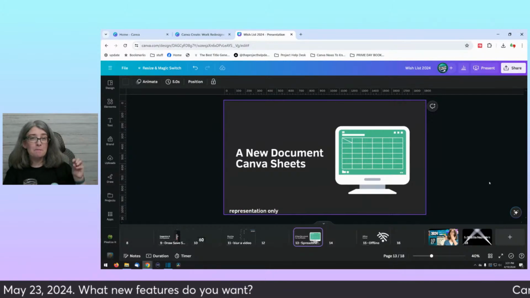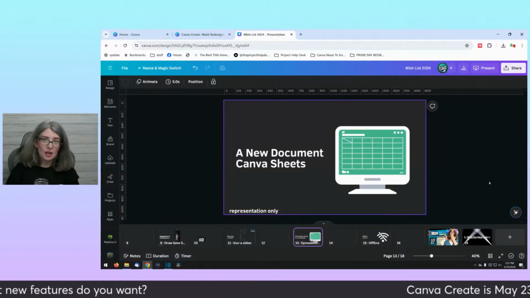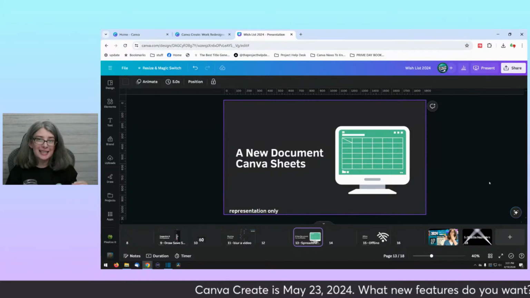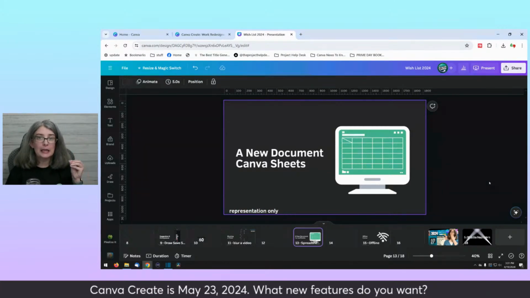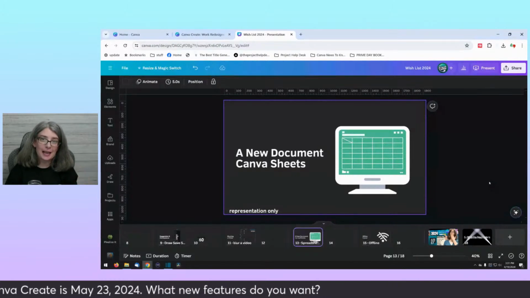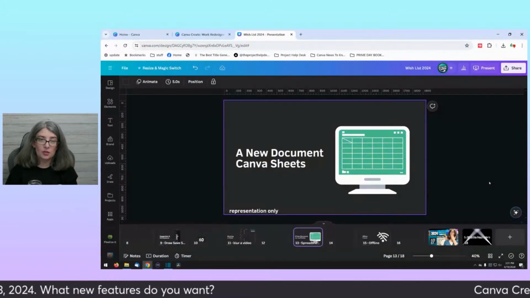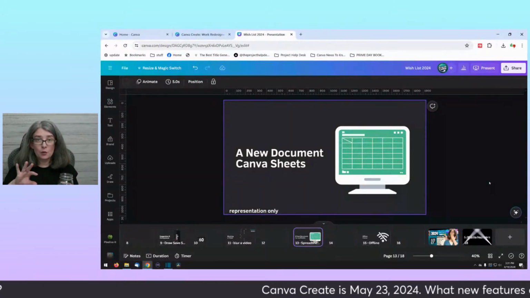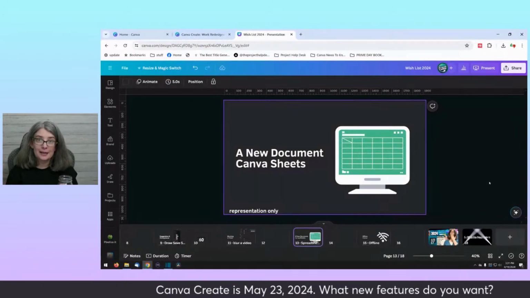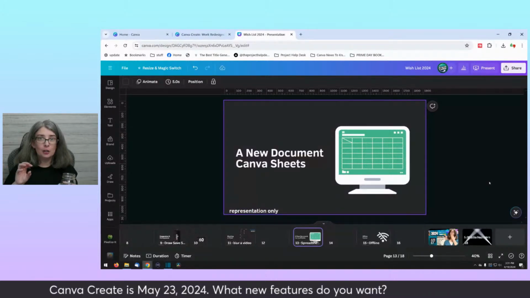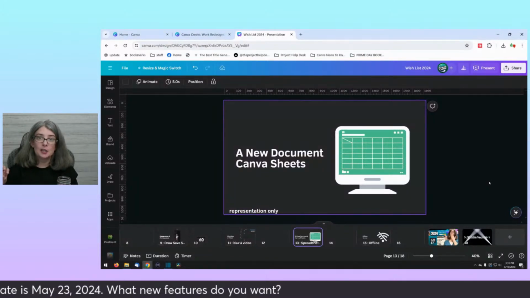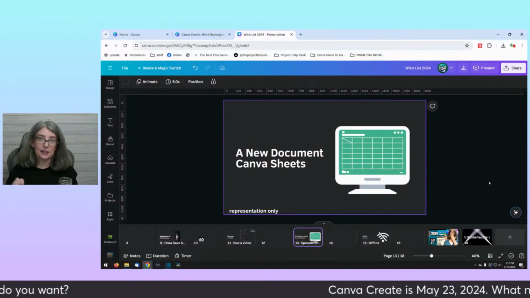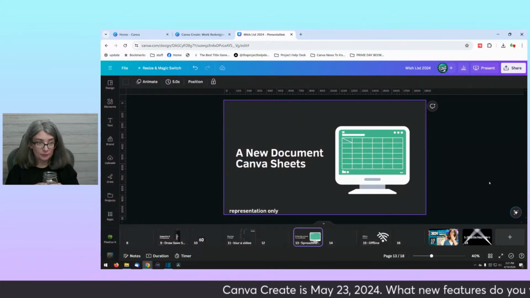But I want it to be better than just the tables. I want it to be a full on brand new document type that really compares to Excel and everything else. I think that would be phenomenal. If they're really wanting to get into the workplace, having a very user friendly spreadsheet would really elevate Canva's game. Just my 2 cents.